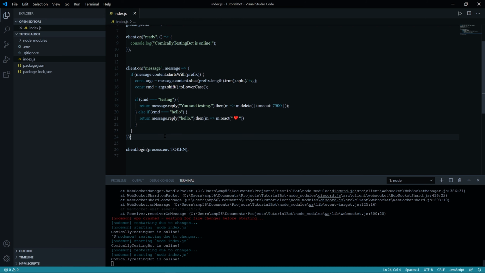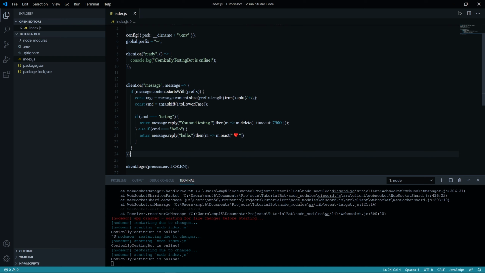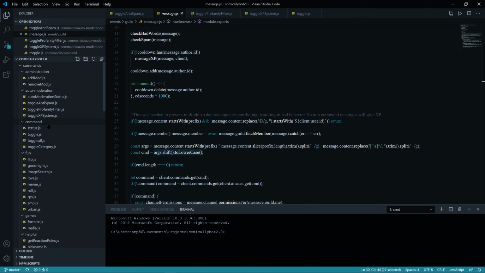But if you watch this video and you like this layout and this is what works best for you, then maybe you can stick with this simplicity. But we are going to be moving into handlers next, because I think that's the best direction to go. I like to start right off the bat by making everything separated out and organized and clean. That's just how I like to make my workflow. Our commands will be toggleable on and off, so you can toggle commands on and off. And we are also going to be making a permission system, so users can have or not have permission to